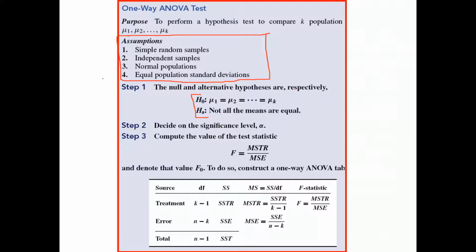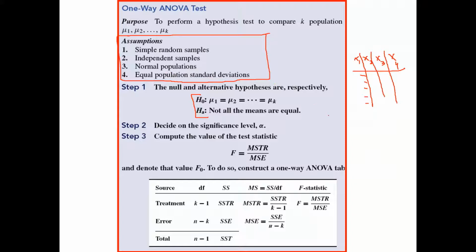All the 4 populations are normal. If we have 4 samples like X1, X2, X3, and X4, then these samples must be normal, or we have a large sample size. If we have a large sample size, then there is no need to test the normality. So this data is graphed on the normal probability plot or the box plot to check the normality of every column. If every column has normality, we can proceed.